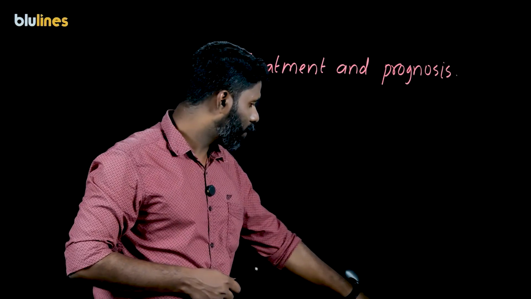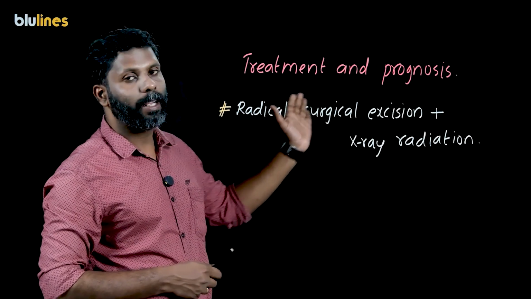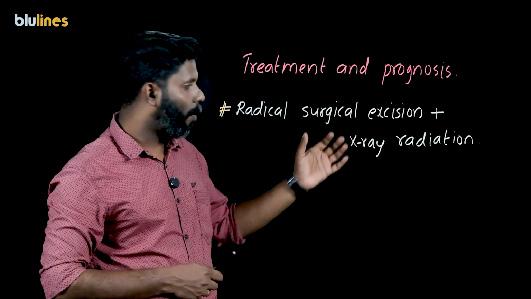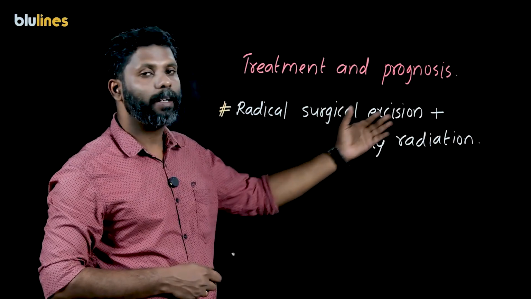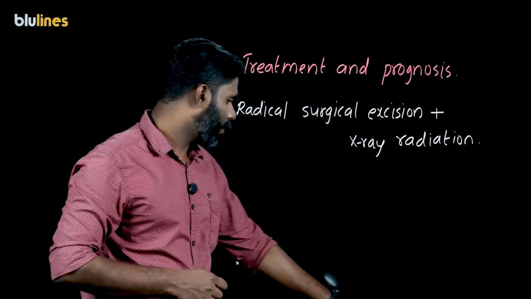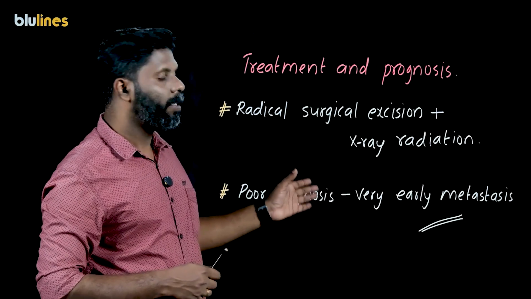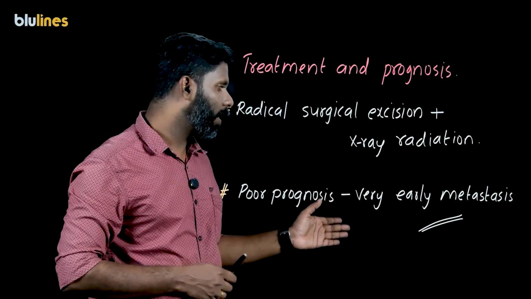Treatment and prognosis. So, radical surgical excision, that is, the amount of tissue removed is much more. Along with that, X-ray radiation should be done. And it usually has a very poor prognosis and